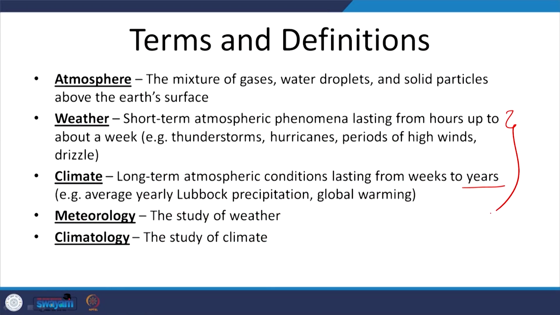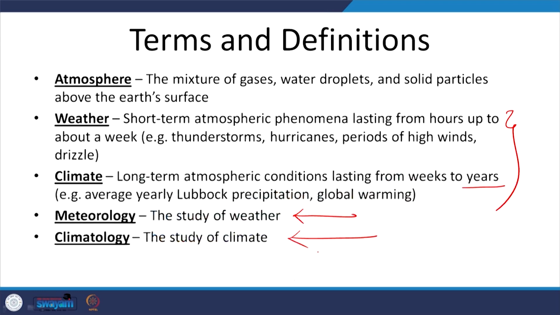So, this is the basic definition that you should incorporate in your vocabulary, so that when you are referring to a few things in a week, you use weather, and when you are referring to a very large or longer amount of time, you say the word climate. You should not say that today's climate is like this, no, today's weather is like this. So, that is the appropriate way of doing it. Meteorology is the study of weather, right. This is a very important thing, and climatology is the study of climate, as simple as that.